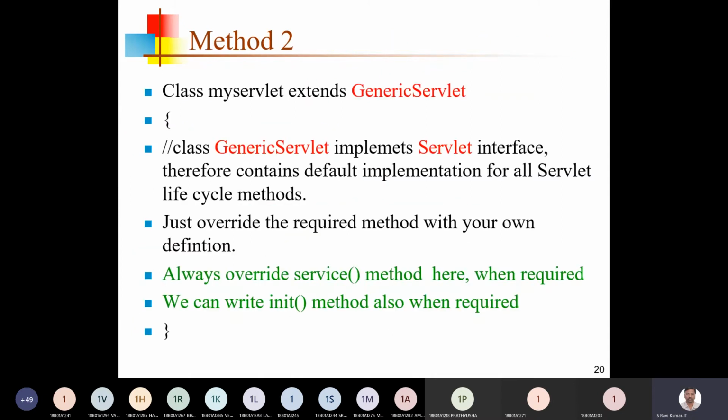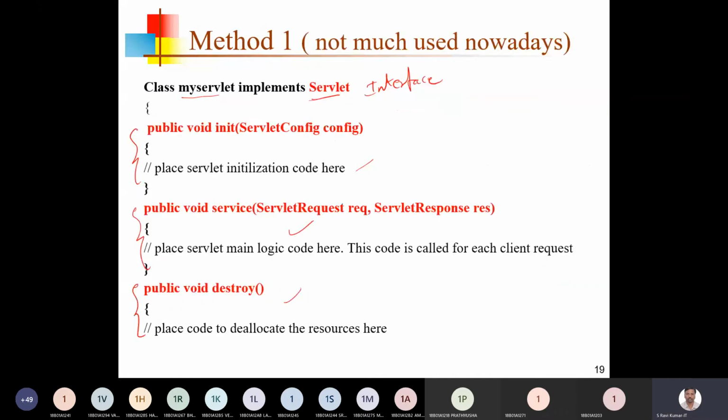Okay, and method 2, your class extends from GenericServlet. Here in this GenericServlet, you need not implement the definitions for all these three methods. Since it is a Servlet interface, it is a syntax rule that all the methods in the Servlet interface must be implemented.